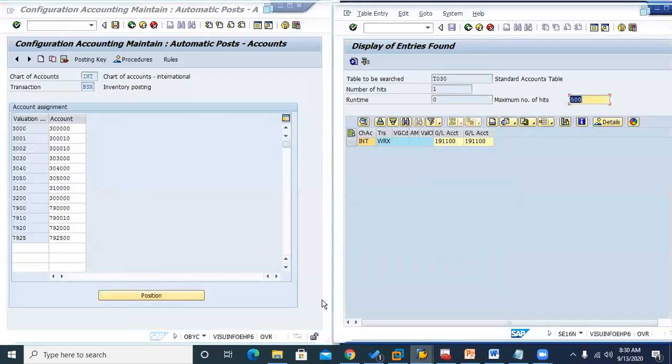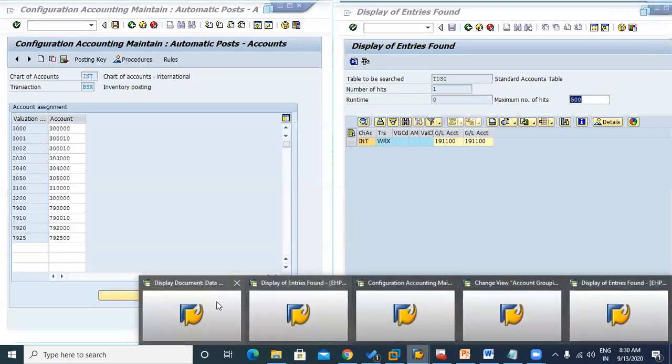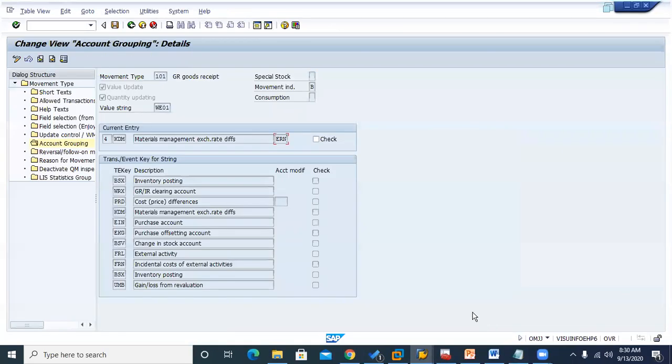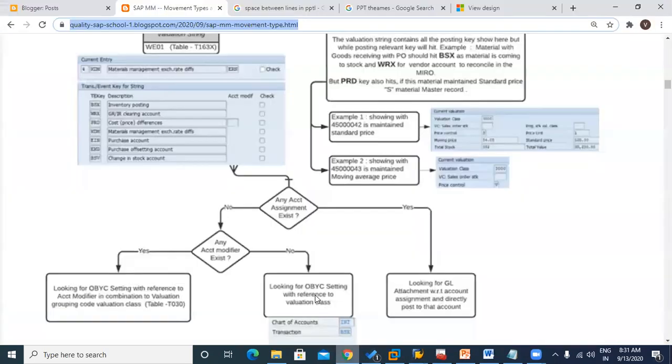That place where the first one is there. Yes, in this place you can see WE01. We are not going to see any GBB here. So the route is completely different, as I have shown in my case. When there is no modifier, it searches in a different way. But when there is a modifier and a GBB, it is going to find another valuation string.